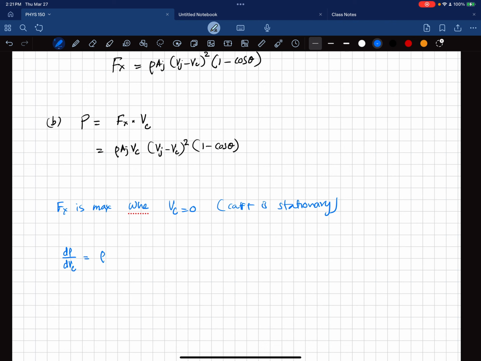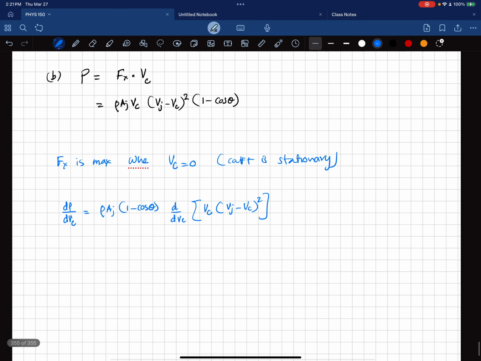We can write rho Aj 1 minus cosine theta, those are constants, and you find d over dVc of Vc times Vj minus Vc squared. So you can find the derivative, which is Vj minus Vc squared plus 2 times Vj minus Vc,